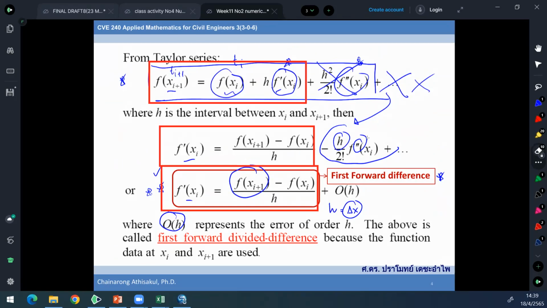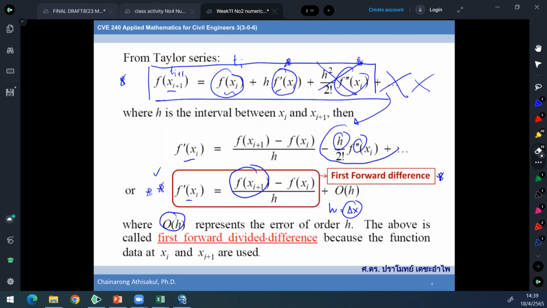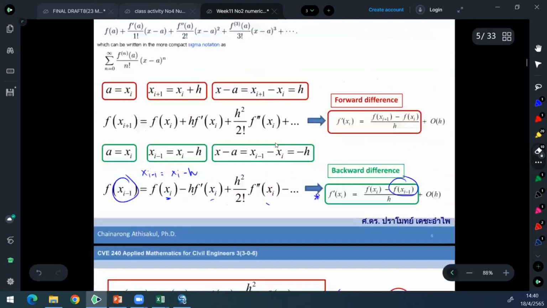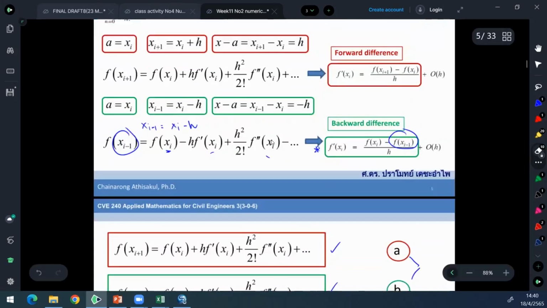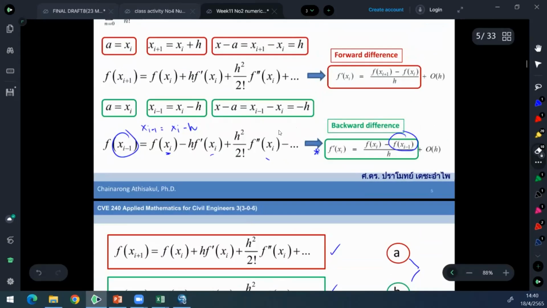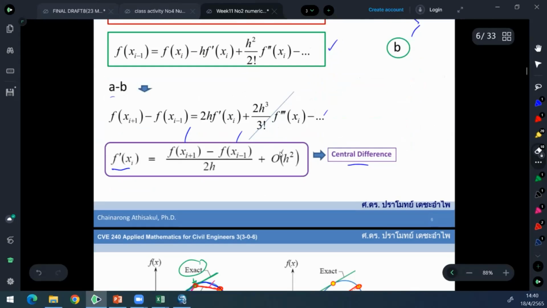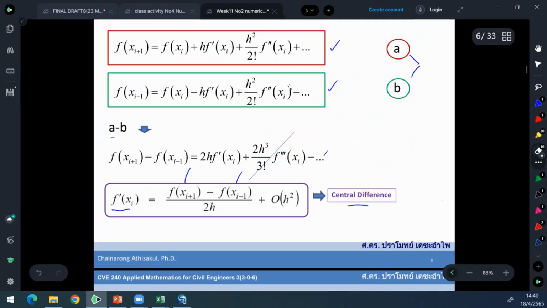And you see that the truncation error is determined by h times the term. So that's why we call the error O(h). Are you all right? Okay. For the case of backward difference, it is also the same order. But for the case of central difference, with some manipulation,